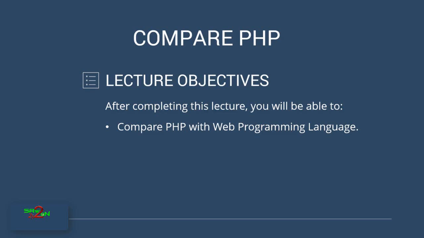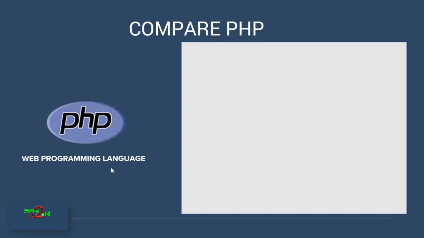So let's look at the differences now. On the left hand side, you have the PHP web programming language. By now you should know what PHP is, what PHP can do, and how PHP actually works in the web. There are other languages like PHP which can do the same job. To simplify what PHP can do, PHP can talk to a database, and PHP can access any files. It can generate dynamic data on the fly, and PHP typically runs at the server interpreting the PHP code into HTML code. All these things and many others like cookies and sessions and security can be done by other web programming languages as well.